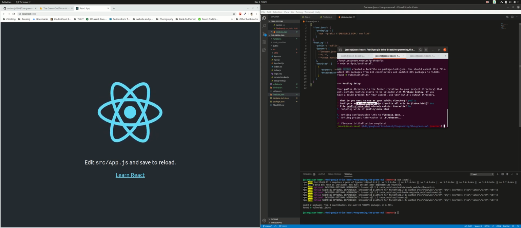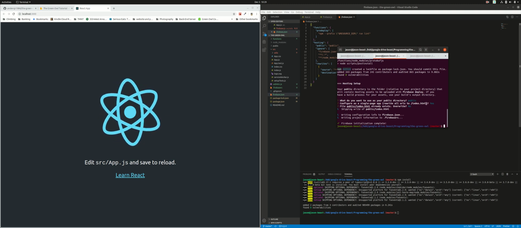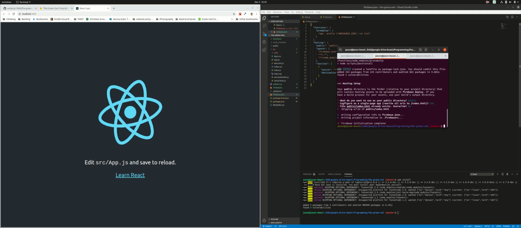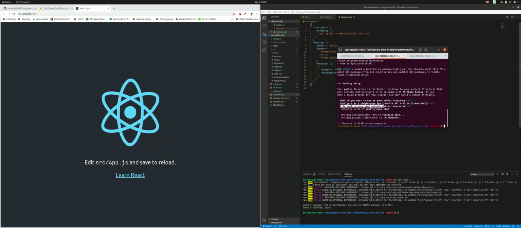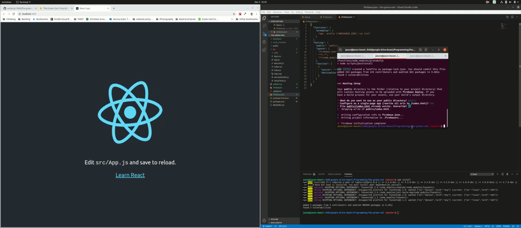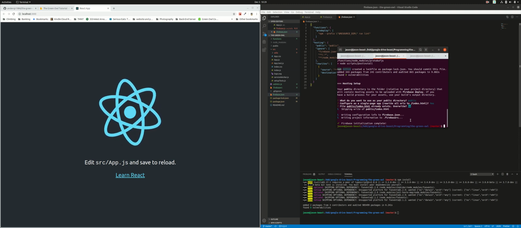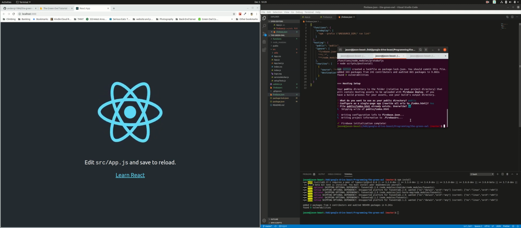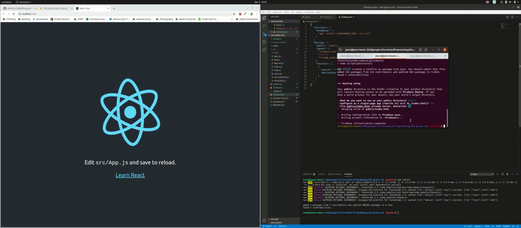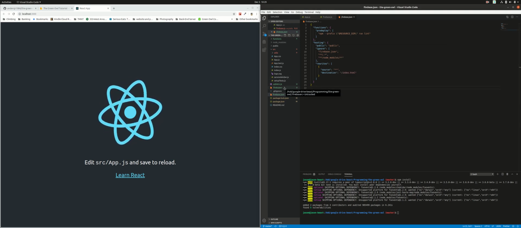Configure as a single page app. Rewrite all URLs to /index.html. Because we are using React, we'll want to say yes here. And then it says file public /index.html already exists. Overwrite, you want to say no. The default is yes, but you want to make sure you say no. If you say yes, it screws everything up, screws your React app up. So go ahead and say no there,